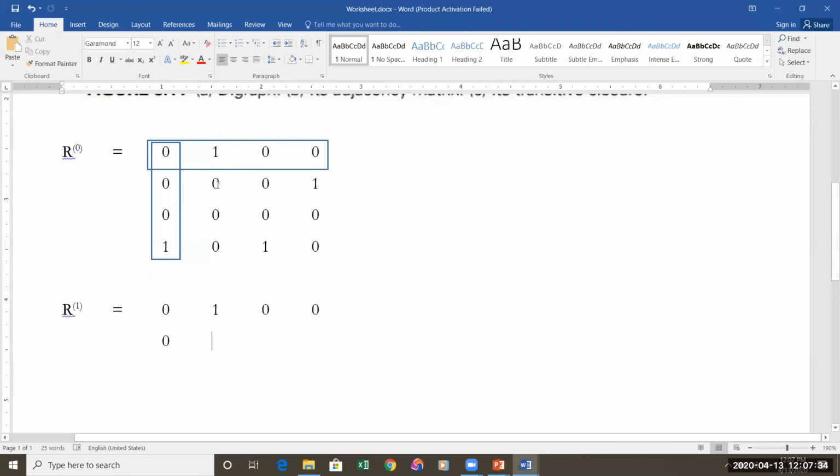Okay, now 0 is there here. This location we are considering. The same location is 0 here. So since it is a 0, the corresponding 0, 1 has to be checked. So there is 0 and 1, it is 0. Therefore, the result is 0.